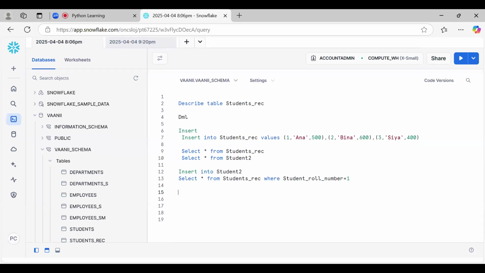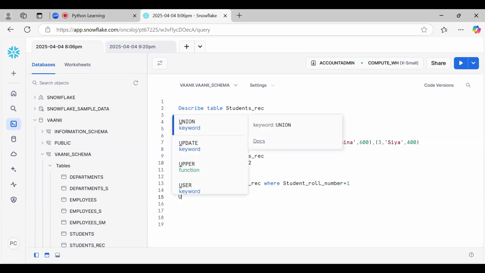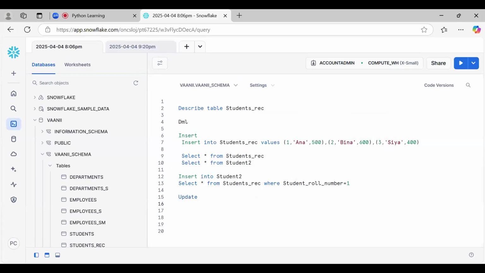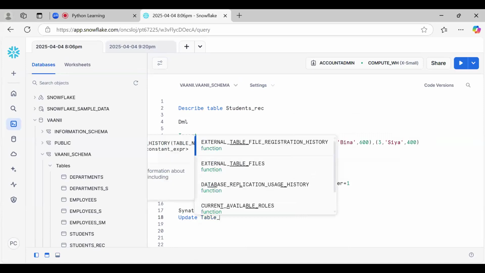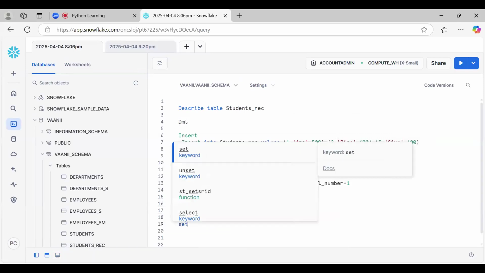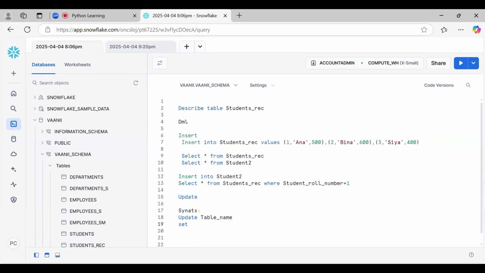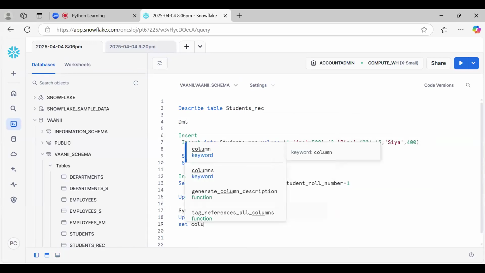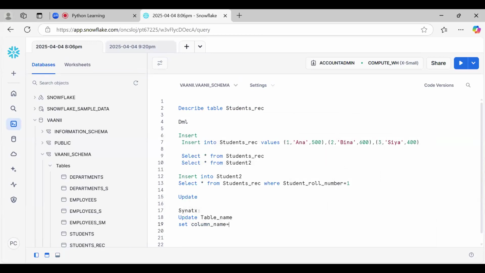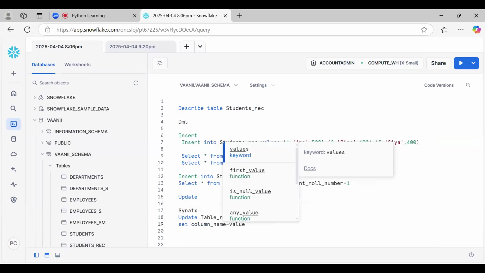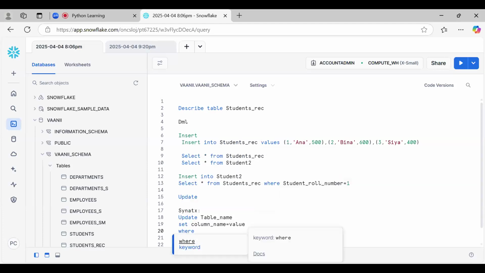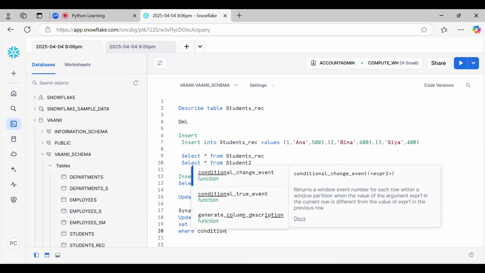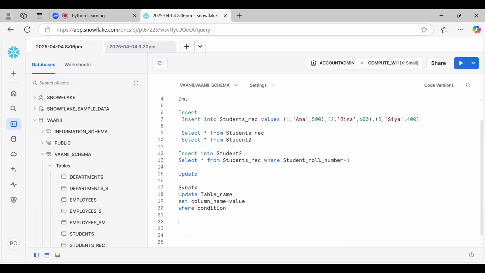Now let's try to do update and delete. Now I want to change the marks.